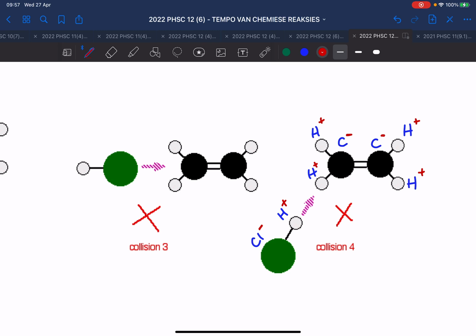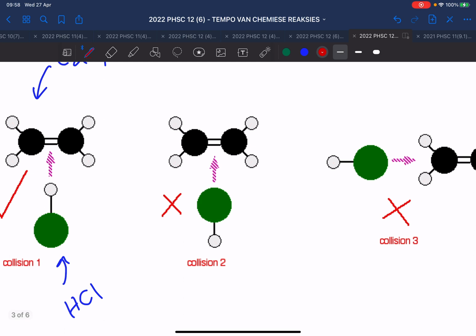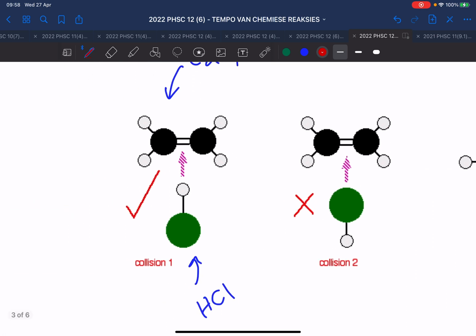And also double binding break. We want to break that double bond there. So it's coming in from the wrong side. Gaan nie werk. Orientation is incorrect. If you look at this one here, it's coming incorrect. Want ons wil daai binding breek. But this is negative, that is negative. Gaan nie gebeur nie. So it must have the correct orientation.